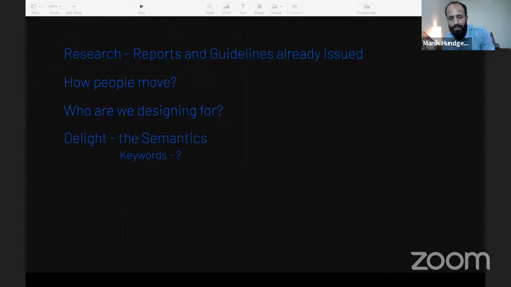One part of the whole thing is basically that you understand your mind. The more you understand your mind, the more you understand how others' minds work. And there are a lot of decisions which are actually taken in our subconscious brains, right? And what we are doing by functionally designing is first designing for the needs that the system needs, so that we don't miss on that. And when we go to the delight factor, we start designing for the subconscious as well. That is where all your studies and all your new research, the more you're updated, the more you can experiment, that will come in handy, right?